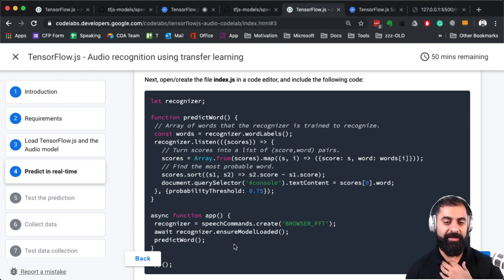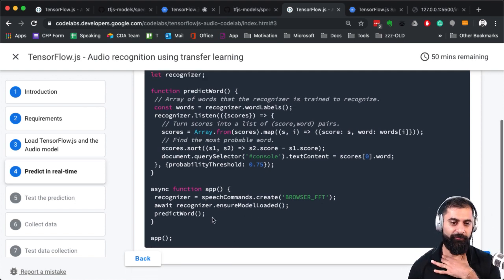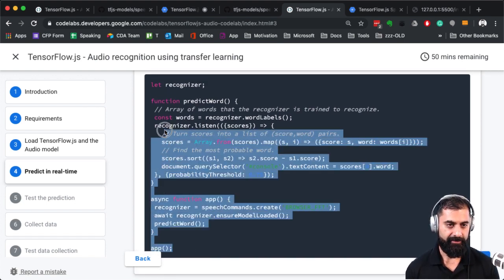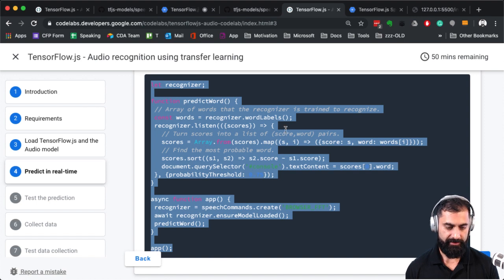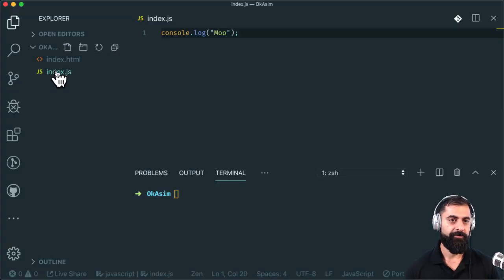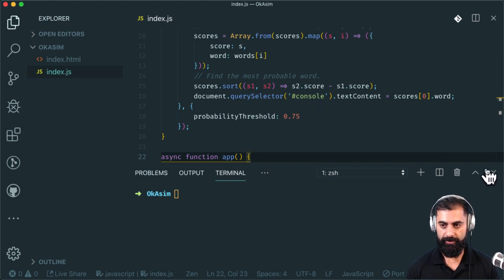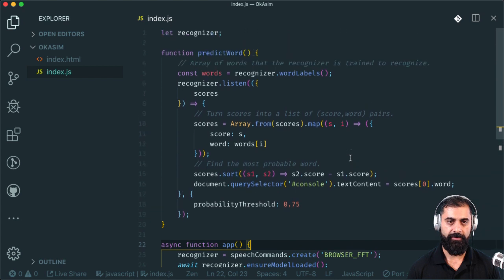But I'll try and break it down. I think I understand enough of what's going on here to be able to explain it. So let me go ahead and copy and paste this in. And do you know what? We'll also drop in a couple of debug statements so we can figure out exactly what's going on. I don't need the terminal anymore for this one. All right, so what's going to happen here?